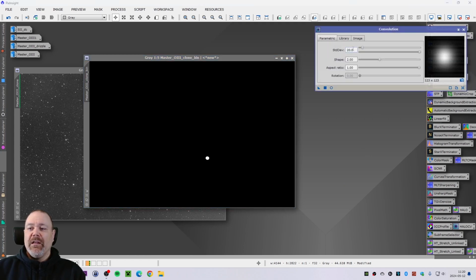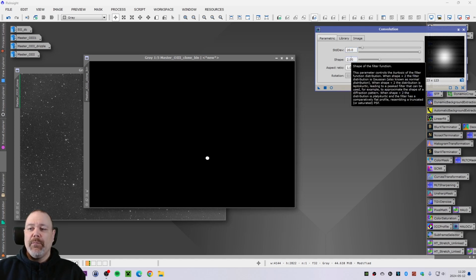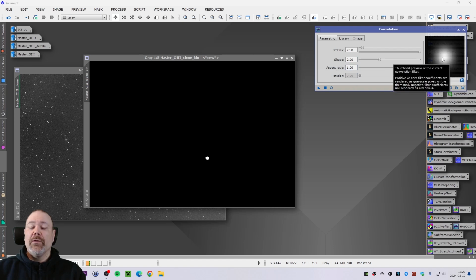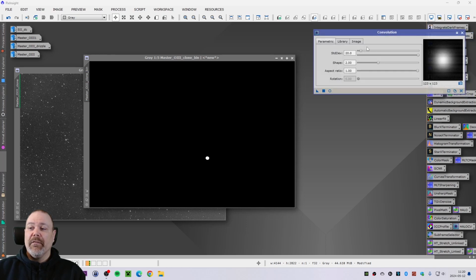Simply add in these numbers: 20 for standard deviation, 2 for shape of the filter function, and 1 for aspect ratio. We will see a preview of what that will look like. And then you simply just apply this to the mask here. And now you can see that